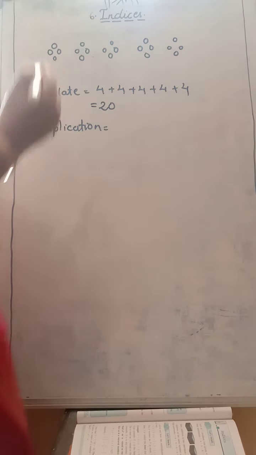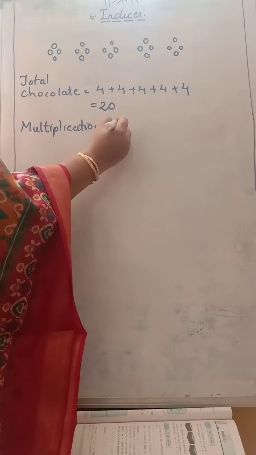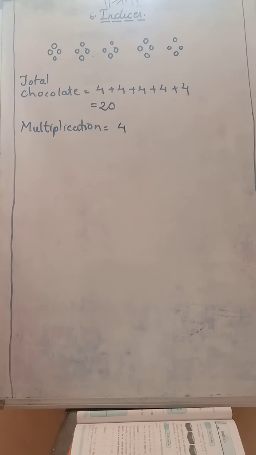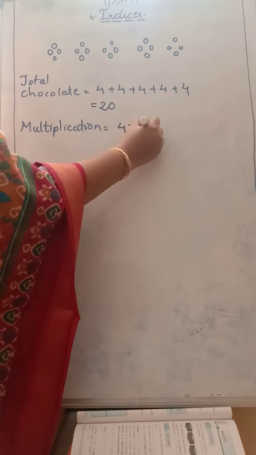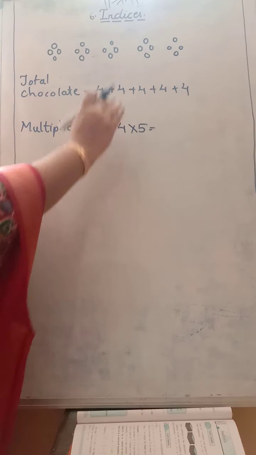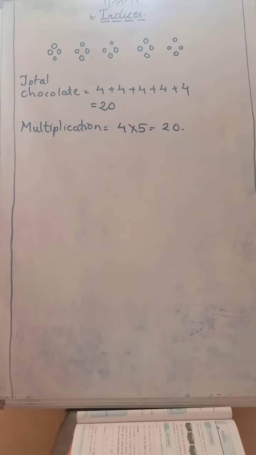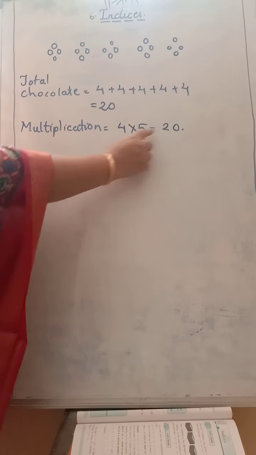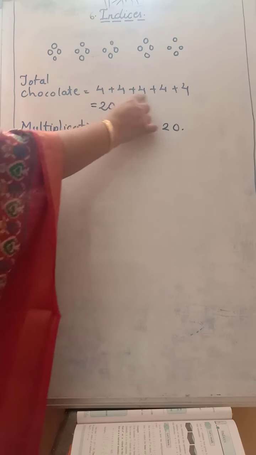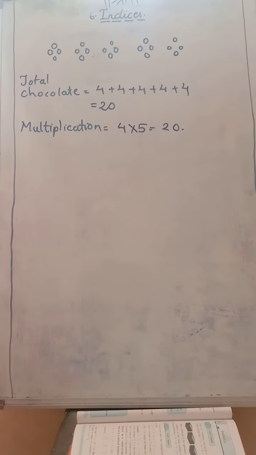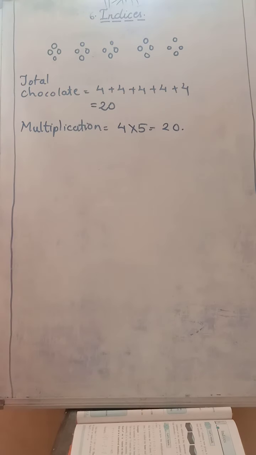So, which number are you taking here? How many chocolates are you giving each child? Yes, for each child you are giving 4 chocolates. How many students are here? 5. Yes. So, if we multiply 4 into 5, what is the answer? 4 5s are 20. So, the total number of chocolates by multiplication also we have got 20. But here we got quickly the answer, and this addition process was little bit longer. But the answer whatever we have got by addition and by multiplication is one and the same.